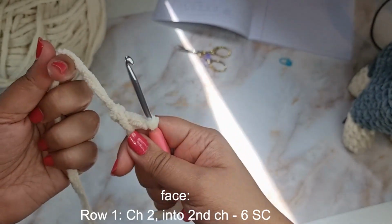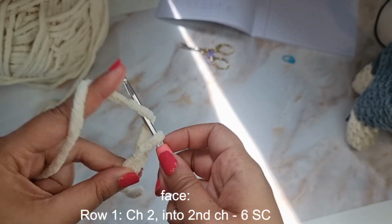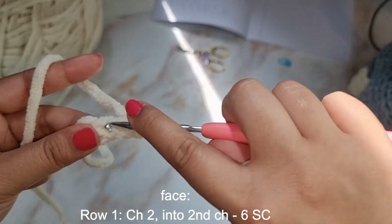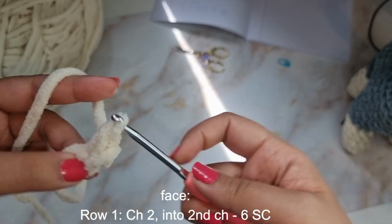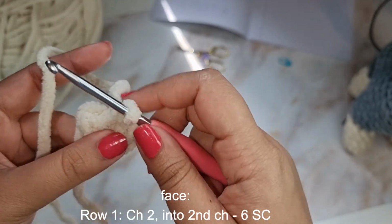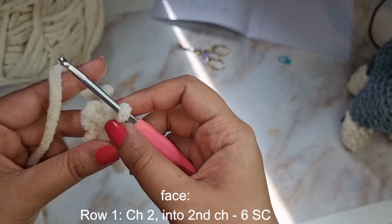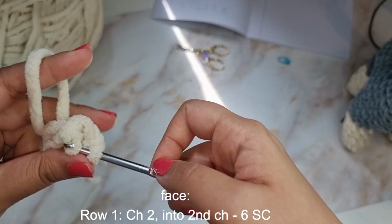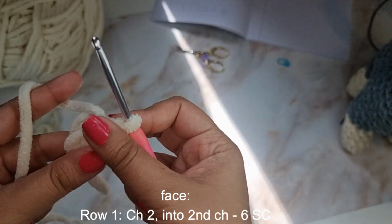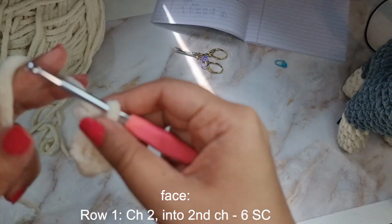Let's start working on the snout. We're going to start with a chain 2, 1, 2. Make these stitches loose because we're going to start working into that second chain. Into that we're going to do 6 single crochets. 1, 2, 3, 4, 5